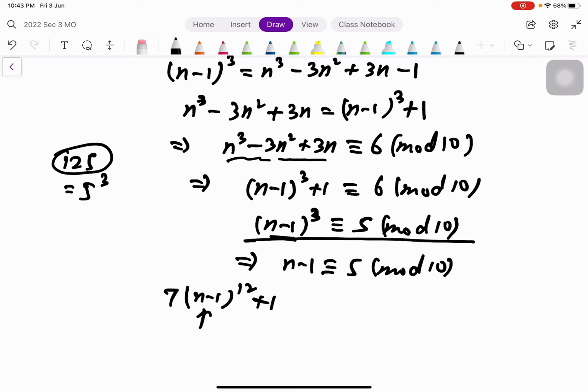Therefore, what does it mean? And in this case, can you see that this part here, (n minus 1) to the power of 12, right, is actually what? Is actually (n minus 1) squared and then raised to the power of 6. Right, and it's an even power. Therefore, in this case, when we look at the last two digits, if I look at this whole expression, the last two digits